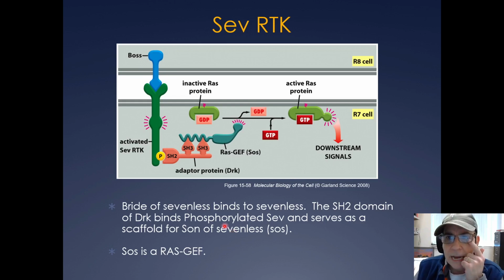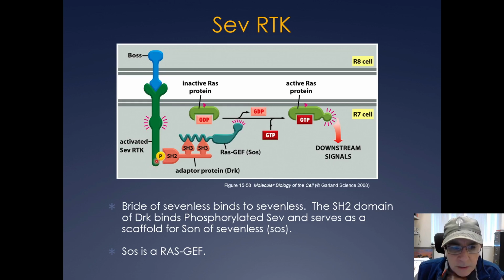And so after teasing apart the whole pathway, they found all of these different proteins that are involved here. So it turns out that sevenless is a receptor tyrosine kinase, and it associates with bride of sevenless. Okay, and the bride of sevenless is actually on the R8 cell, and so when the R7 cell is in contact with the R8 cell through this interaction between bride of sevenless and sevenless, you get